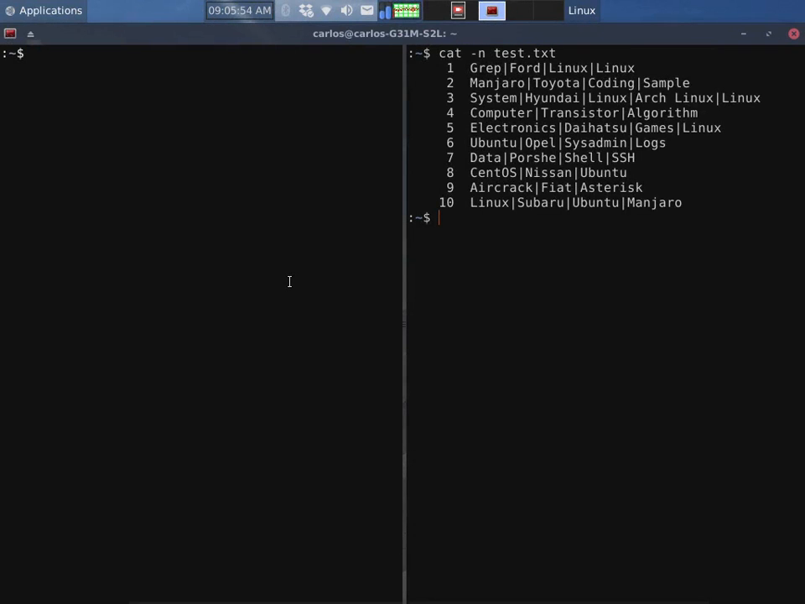Today we begin with basic substitution using the sed command. On the right I have the file I'm going to use for the demonstration. As you can see in the file, you will notice that I have the word Linux repeated in different parts of the file. So before we work on that word,